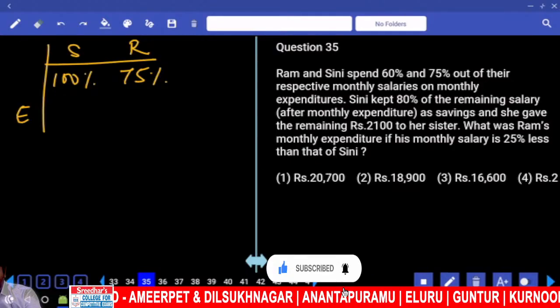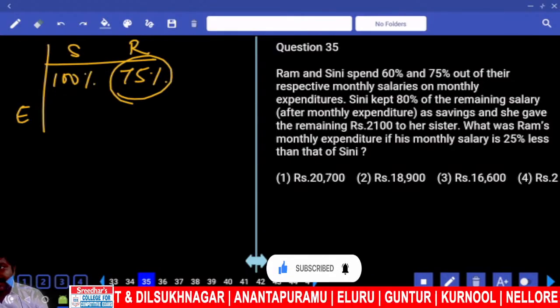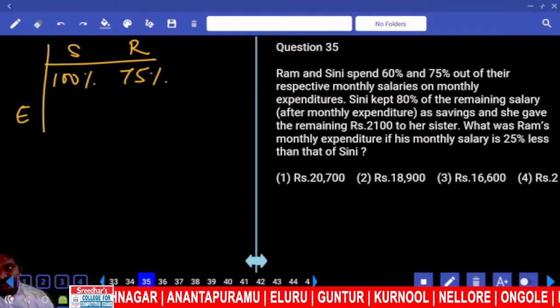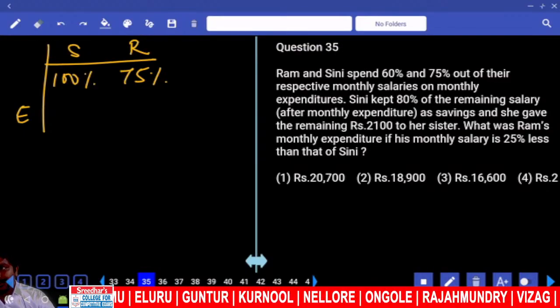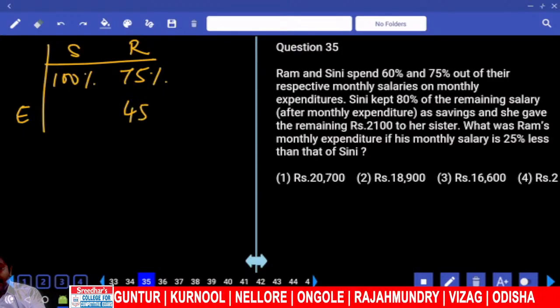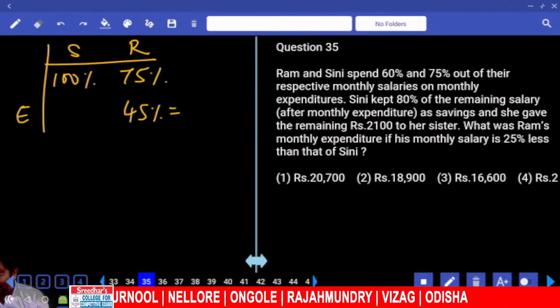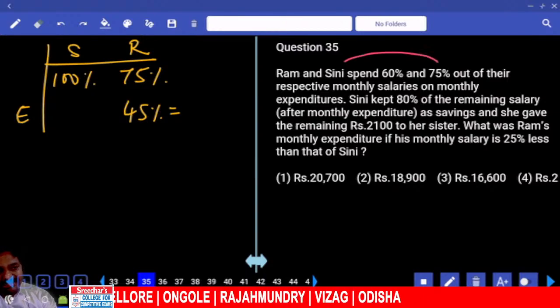Next, expenditure. Ram expenses 60% of 75. 60%, 10% is 7.5, double is 15, triple is 22.5... 45%. And this is what we need to calculate. Whereas Sini's expenditure